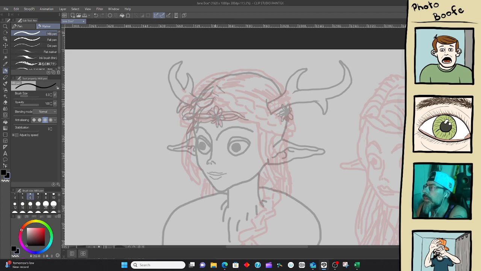Hair is hard. Again, this is just roughing in some shapes at this point. We'll do a proper braid when I get to the lining.